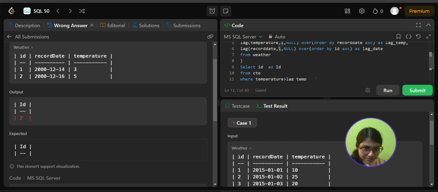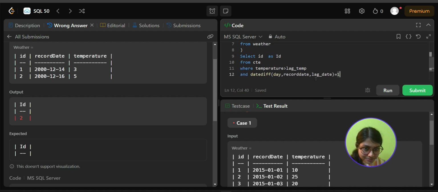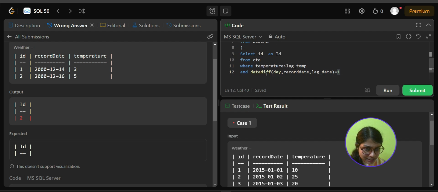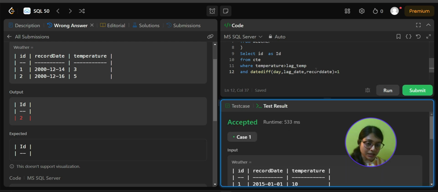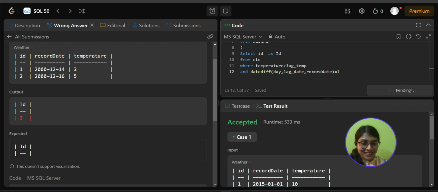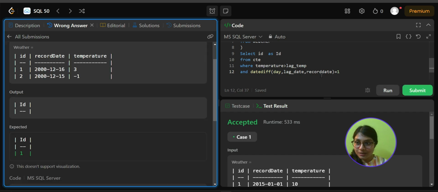Lag date, right? CP1, this is actually fine. Date diff day, comma, record date, comma, lag date equals to 1. Oh, I think I have to change this. Let's try this. I think this is the previous date and open date. Yep. Sorry. A record date, something which is at the first we